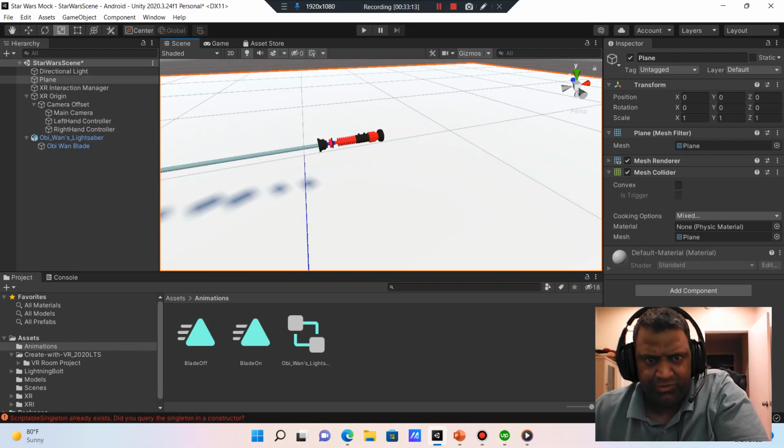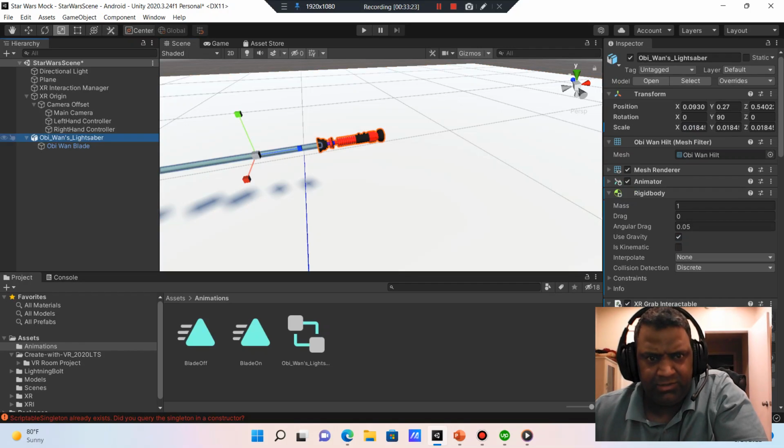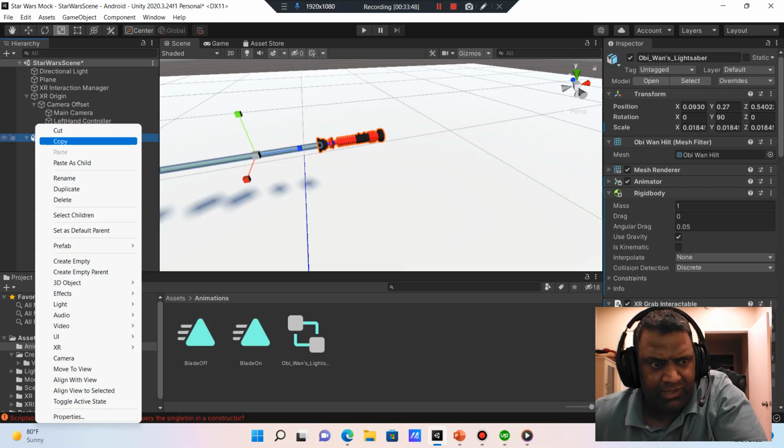So if we want to grab it around the right spot, if we click here on the lightsaber, and then we want to set a spot somewhere near where these two buttons are, because that's where the power on and power off is, that's most likely where a Jedi would hold the lightsaber. So we want to create an empty game object somewhere there. So if we right click and create empty,